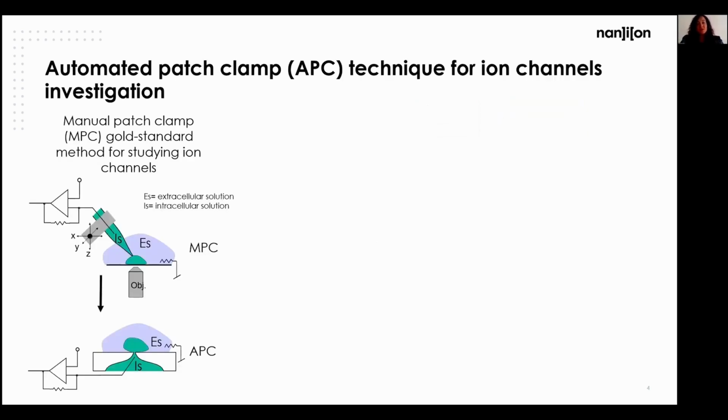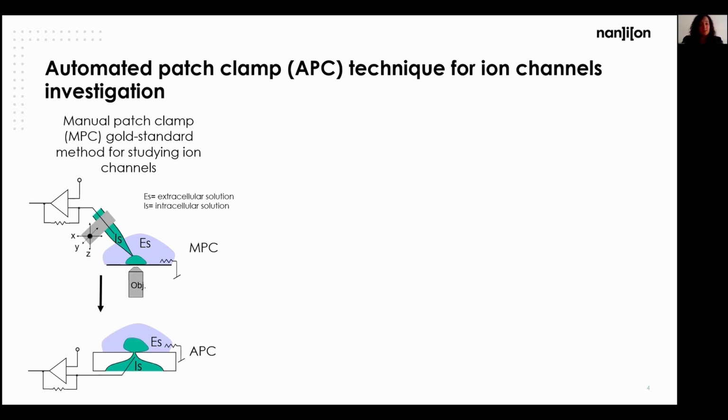So we all know that manual patch clamp is the gold standard technique for studying ion channels. And we can see here briefly the setup for the manual patch clamp technique. We have the cell in the extracellular solution. Then we have the pipette containing the intracellular solution positioned on the cell. Via a tight seal formation between the pipette and the patch of membrane, we have the formation of the gigaseal. And then via suction, it's possible to break the membrane, get whole-cell access, and record ions